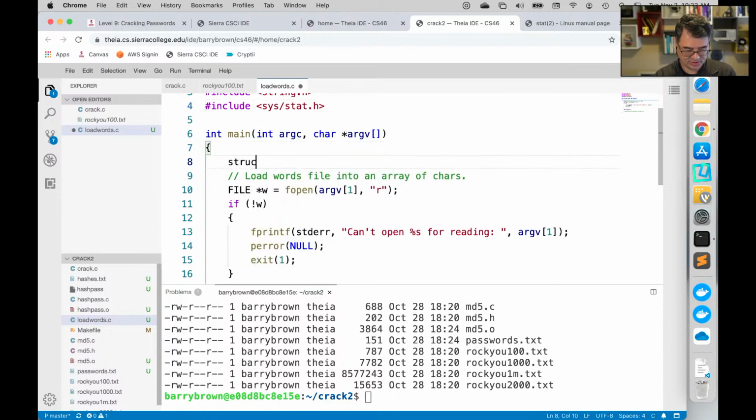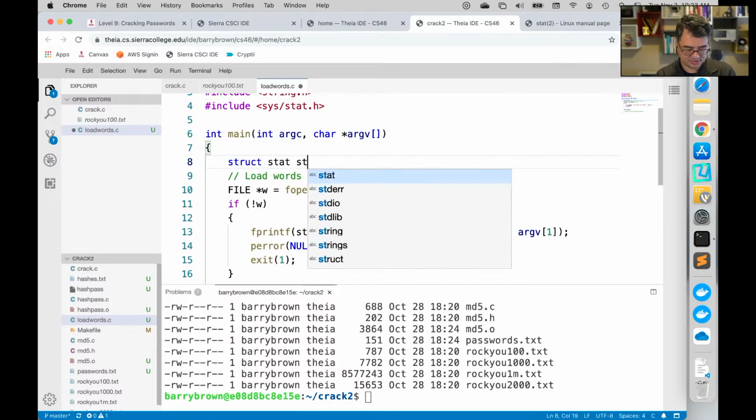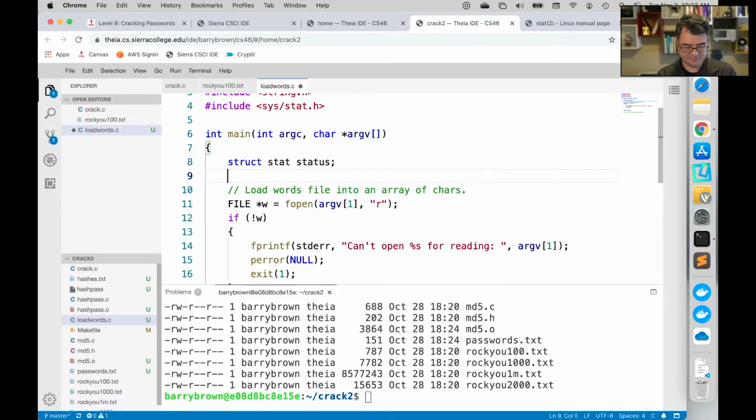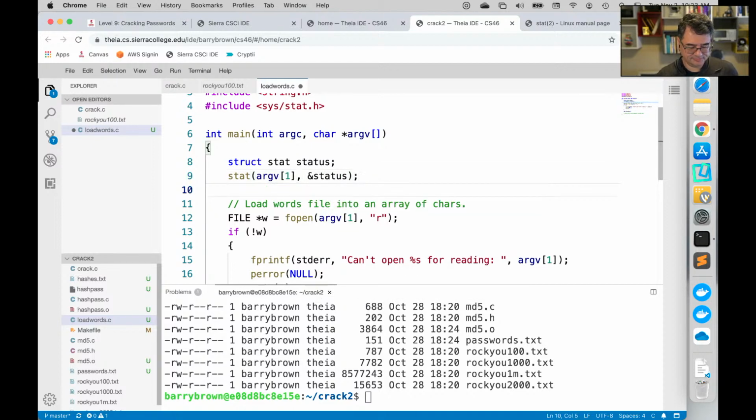So we're going to go struct stat, let's call it status. Then we'll say stat argv[1] and a pointer to this status structure that we built.